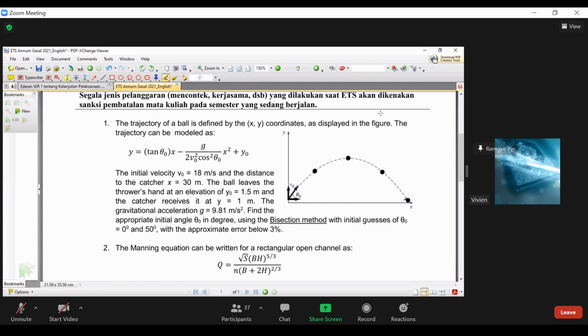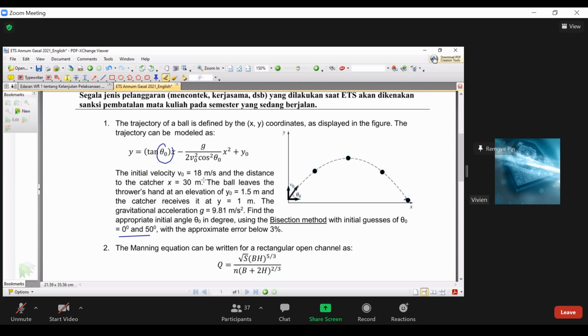And here the question is to find the appropriate initial angle theta 0 in degrees using the bisection method, with the initial bracket for theta already known. So we have the limits for the bracket already, and we want to do the calculation with an approximate error up to 3%. Because this is a problem of finding the root, finding the value of theta 0,